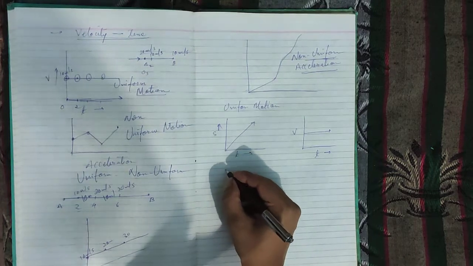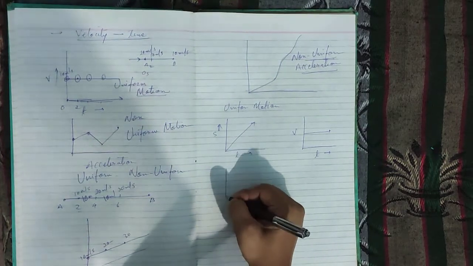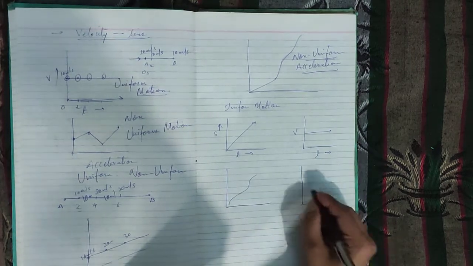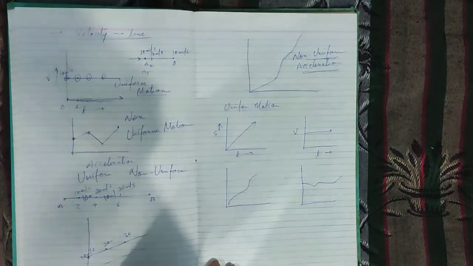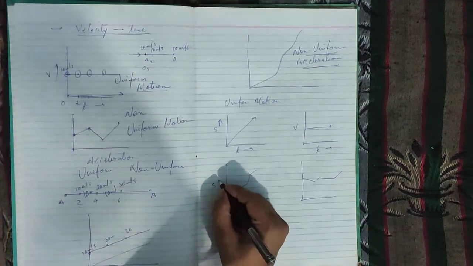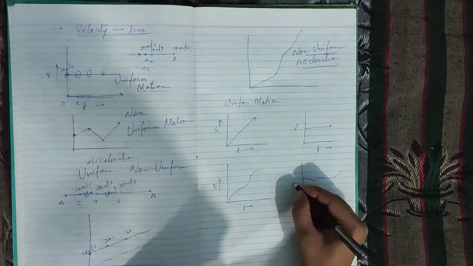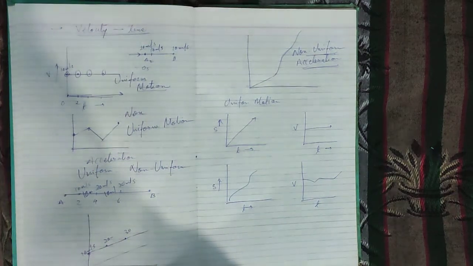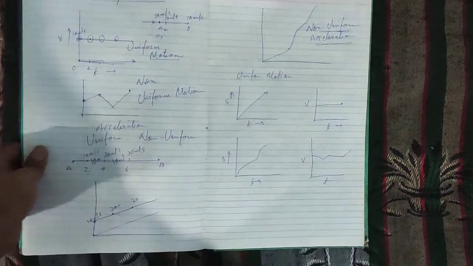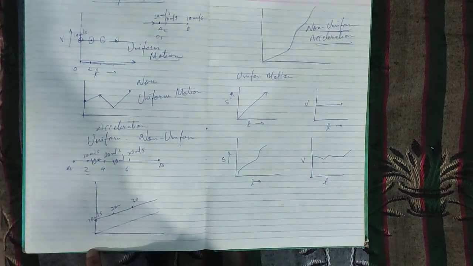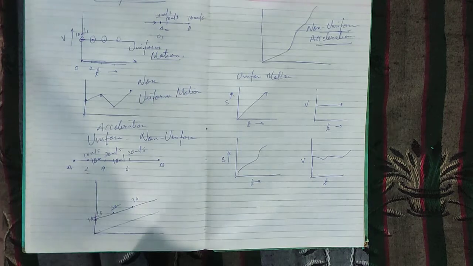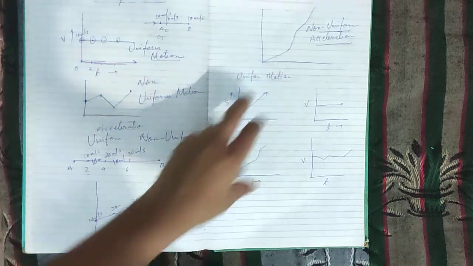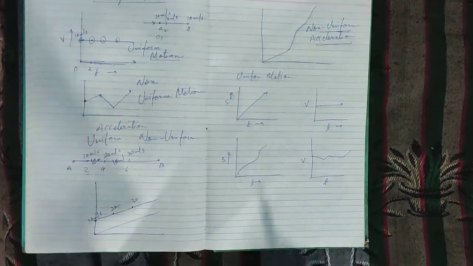Similarly, if it is non-uniform, it doesn't matter. Both of them are going to be like this. This is non-uniform, this one is like this. It doesn't matter whichever cases you take. Displacement time graph, this is velocity time graph. Understood? Now in displacement time graph, for the object in acceleration, it is simply a curve, but for velocity time graph we have either a straight line or this type of line. So we cannot describe or compare these two graphs.